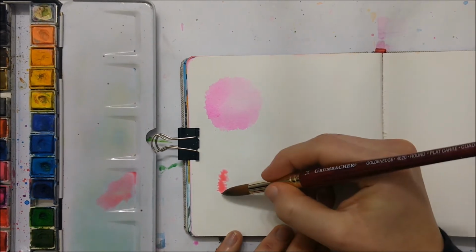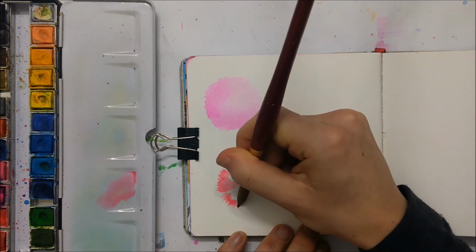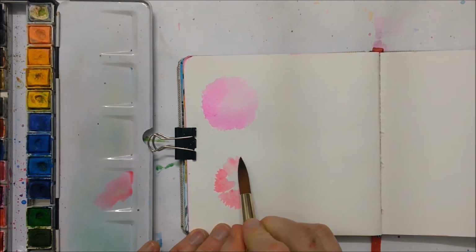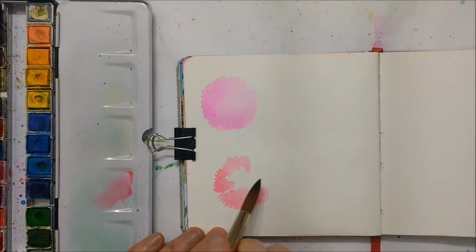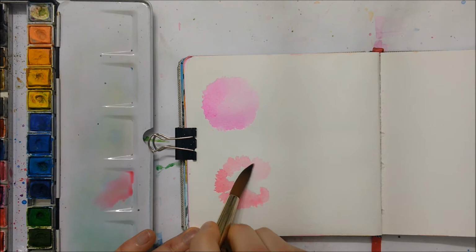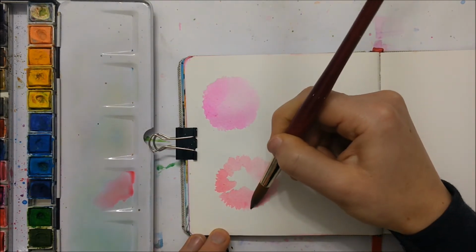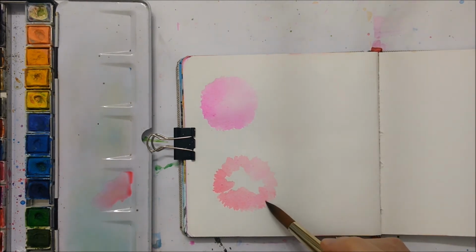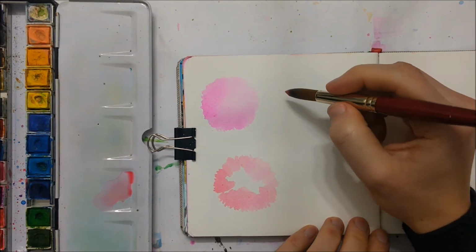And you can achieve this by angling the end of your brush towards the outside of the circle and sort of bobbing the end point up and down just to create that spiky look, because if you look at a picture of a carnation on the internet, you'll see that the edges are actually quite sharp and rough. They're not really perfect, so if you want that classic carnation look, then just make sure you add those sharp